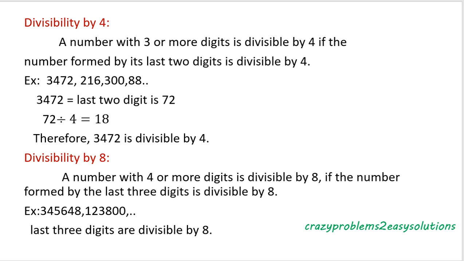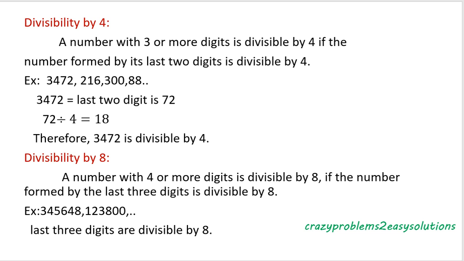Next, divisibility by 8. A number with 4 or more digits is divisible by 8 if the number formed by the last three digits is divisible by 8. That means you just focus on the last three digits. For example,